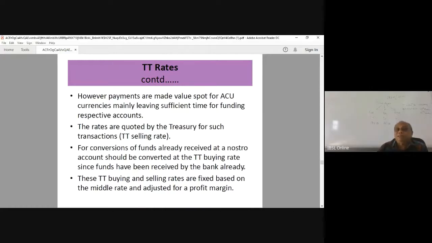However, payments are made value spot for ACU currencies, mainly leaving sufficient time for funding respective accounts. When we are dealing with ACU currencies, Asian Clearing Union,